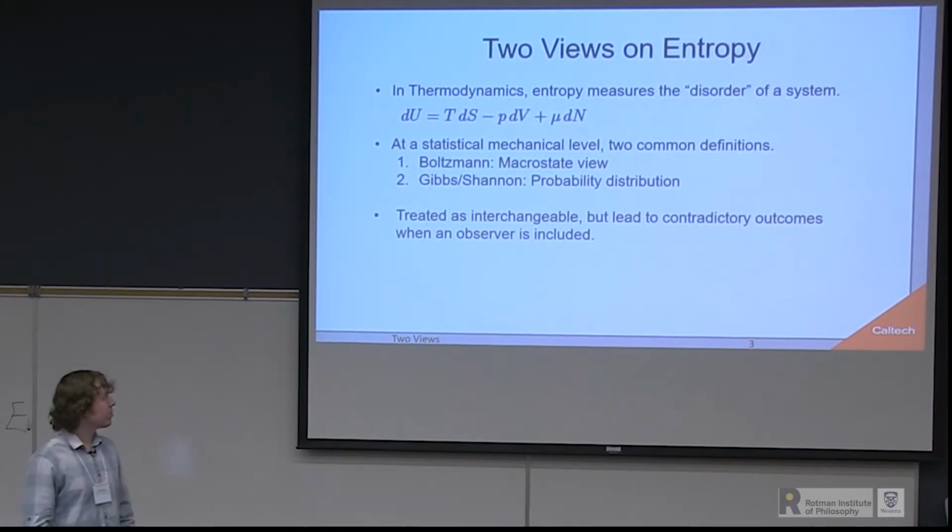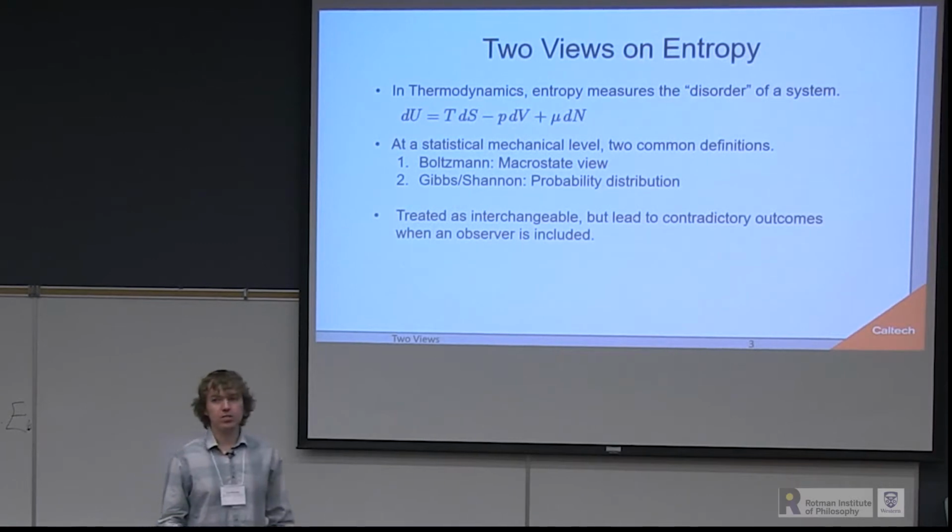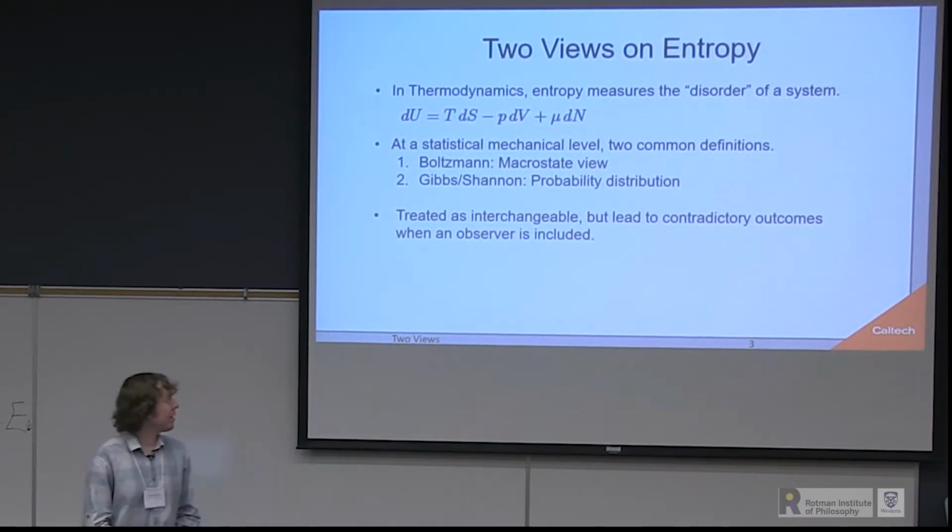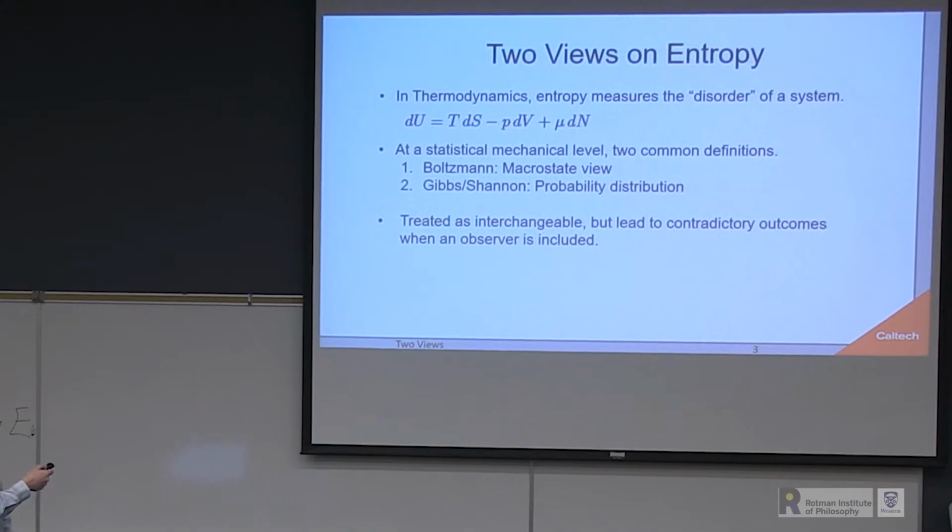But if you're trying to get a little more into the weeds, there's two main definitions that we use. So I'm kind of putting words into people's mouths here, but we can roughly break these up into the Boltzmann view and the Gibbsian view. So Boltzmann, at least at some level, said you have macrostates. These macrostates define the entropy for a given microstate. In that sense, we have a very, quote, objective sense of what the entropy is,